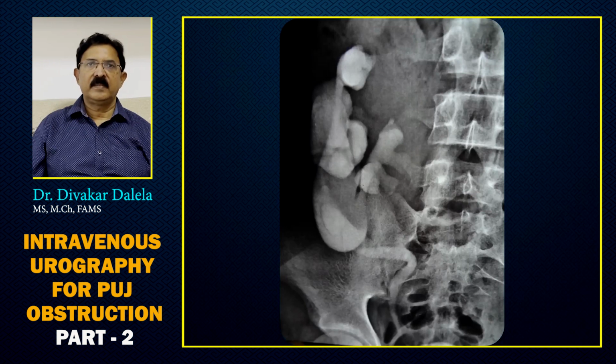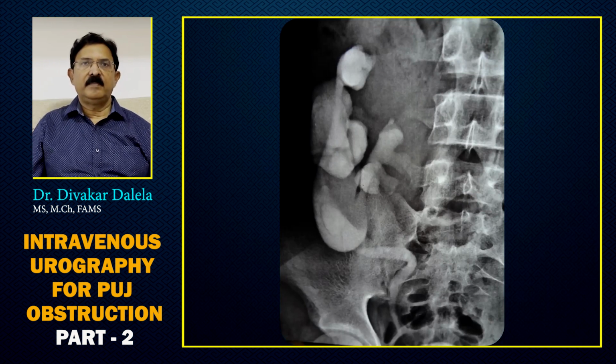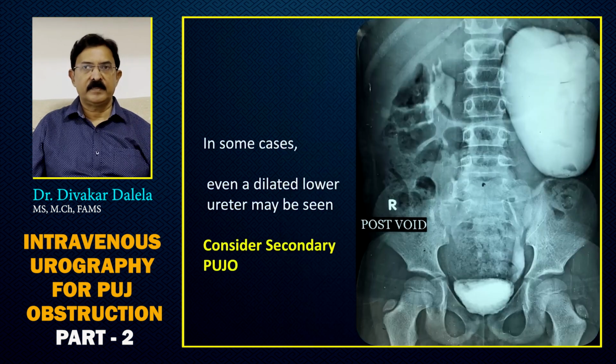See in this picture, the pelvis is showing dilatation, the calyx are showing dilatation. It is ectopically located in the kidney, but you can make out the narrow ureter at the PUJ. In some patients of PUJ obstruction, you will see the dilated lower ureter. You will see a big hydronephrotic kidney on this left side, and you focus on the lower ureter. This is the dilated ureter. Now, obviously, this is a case of reflux, which has led to secondary pelviureteric junction obstruction.